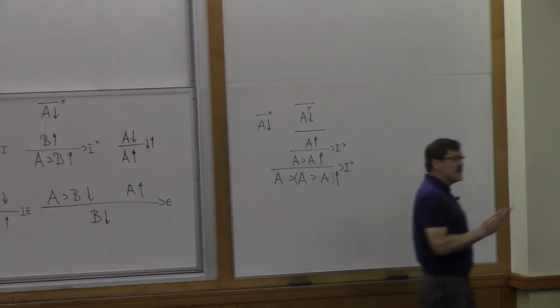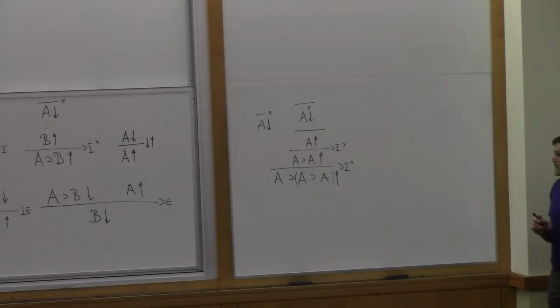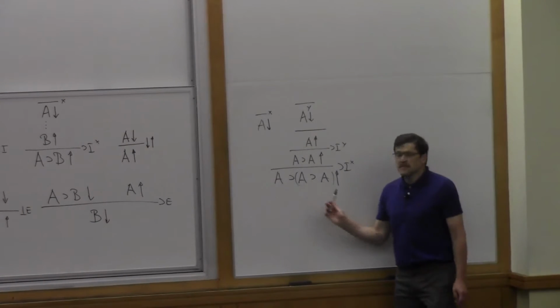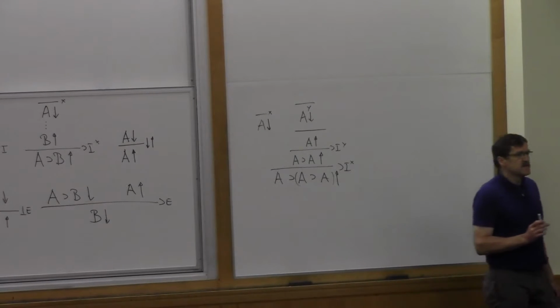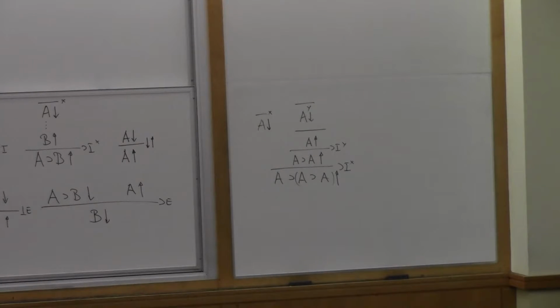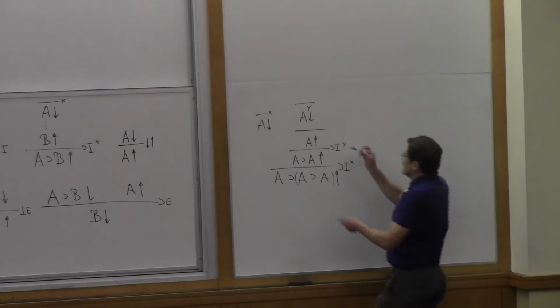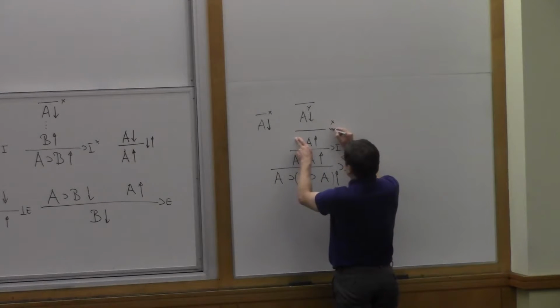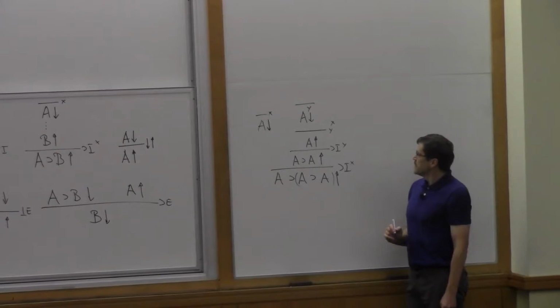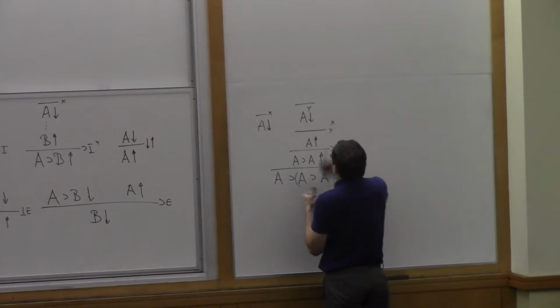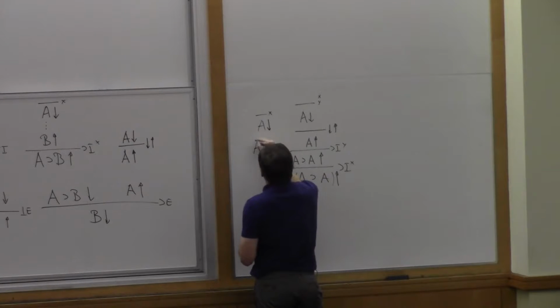So an interesting fact: how many verifications are there of A implies A implies A? How many verifications are there? There are 2 verifications, because I just went through systematically and constructed it, and my only choice is whether I put X here or Y here. This is definitely the down-up rule. The question is whether this is going to be X or Y. These are the only 2 things that I have.